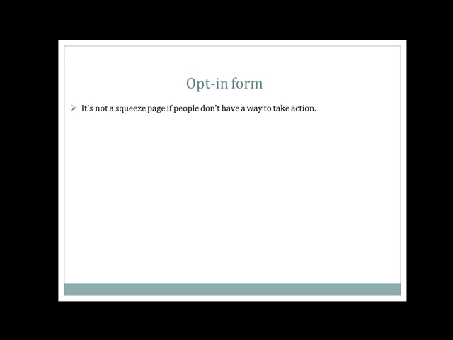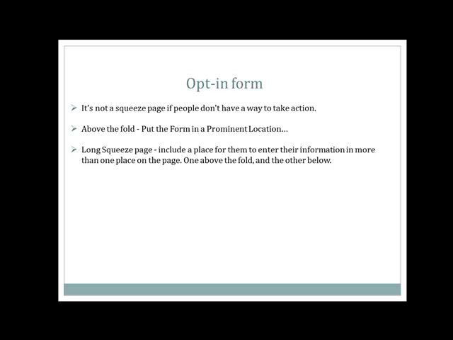The opt-in form, without that, it's not a squeeze page. If people don't have a way to take action, it's not going to be a squeeze page. It needs to be above the fold, put the form in a prominent location. I'll show you exactly what that means. Technically speaking, it just means when they land on the page, they should not have to scroll anywhere to look at your opt-in form. A long squeeze page can be used sometimes, but you want to make sure that